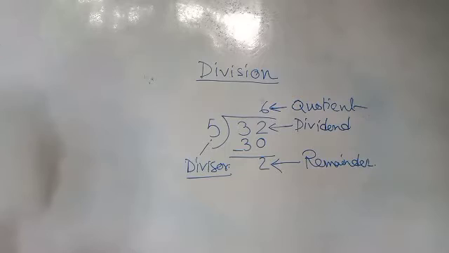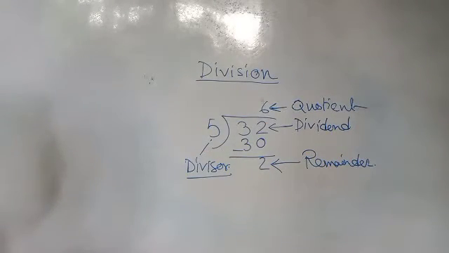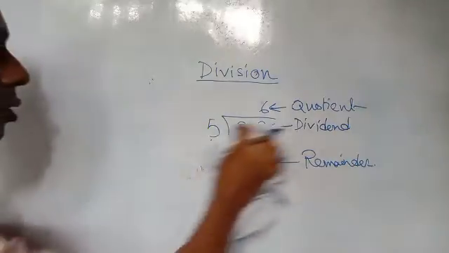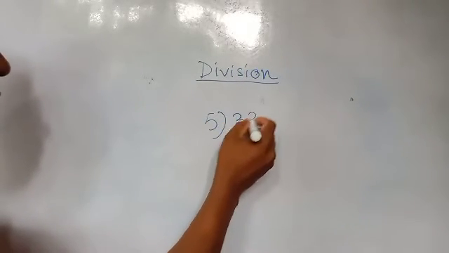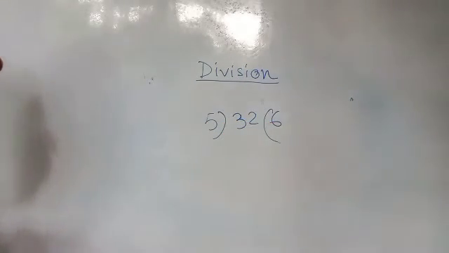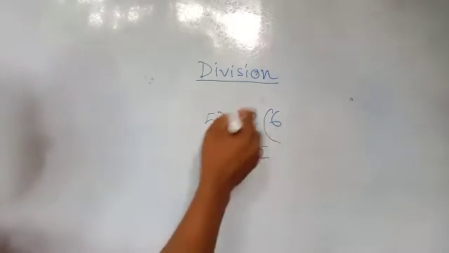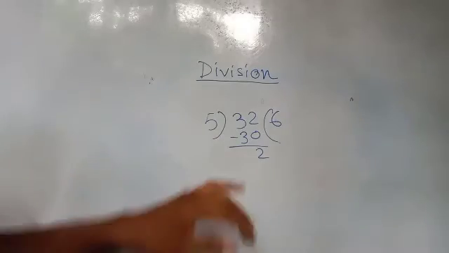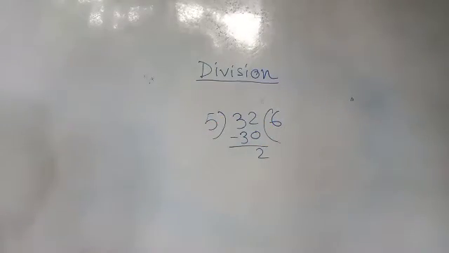Now this is a division. So this way you have to divide, or another way you have, this way also you can do. Sometimes we are doing this way, 5 into 32. Here quotient will be written here, 5 6s are 30, now 2. So this way also we can divide. So quotient we can write above as well as inside also. So anyway you are allowed to do.